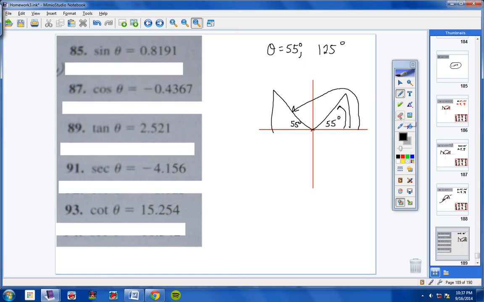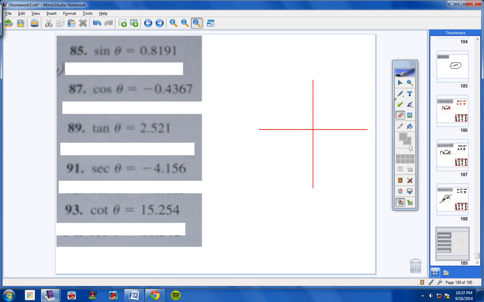All right. Moving on to the next problem. Number 87. Cosine of theta gives you a negative answer. A negative. So where's cosine negative? Cosine is negative here in this quadrant, and cosine is negative in this quadrant. So I'm going to type into my calculator second cosine of